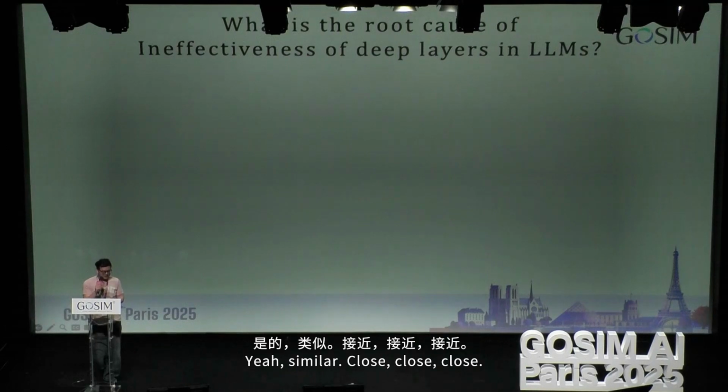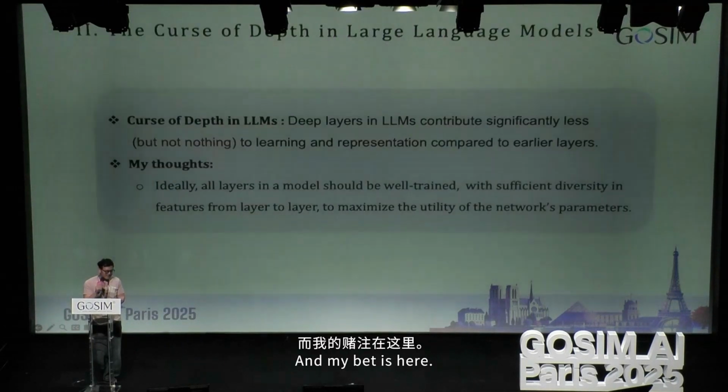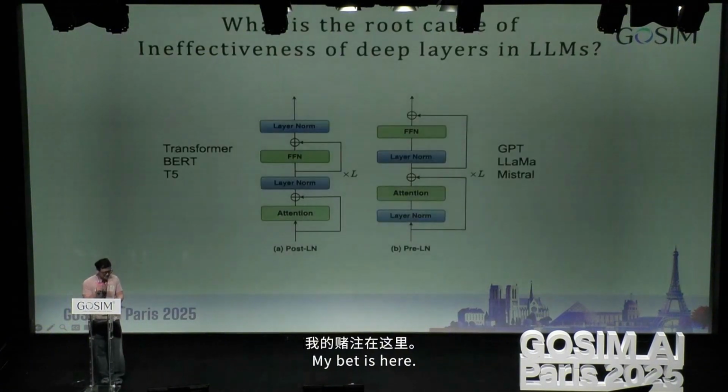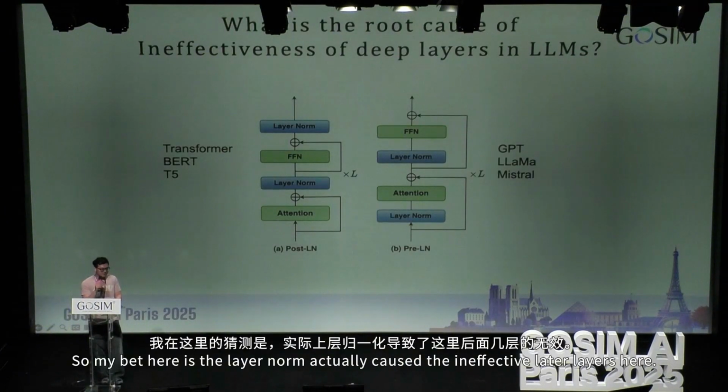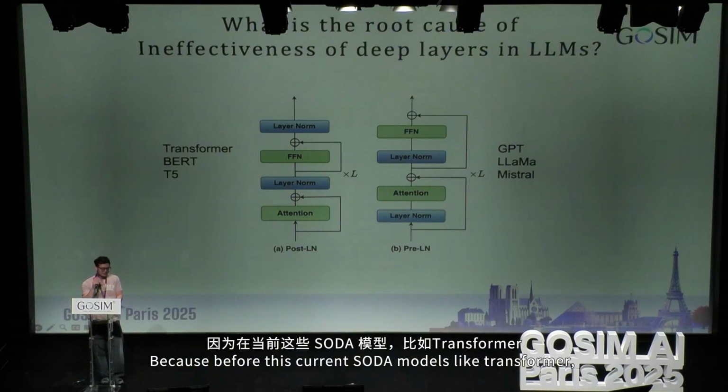Yeah, similar. Close. And my bet is here. Oh no, this is the previous layer. My bet is here. So my bet here is the layer norm actually caused the ineffective later layers here, because before this current SODA models